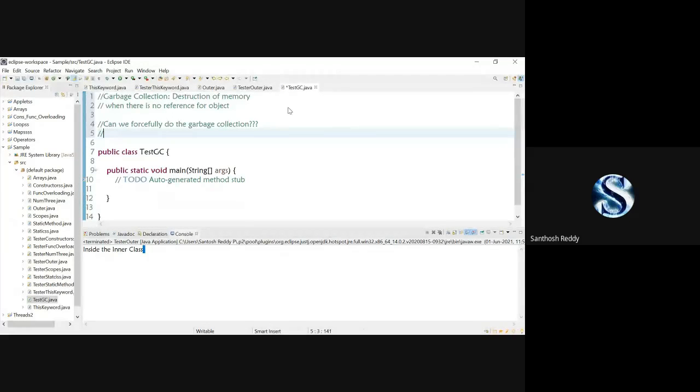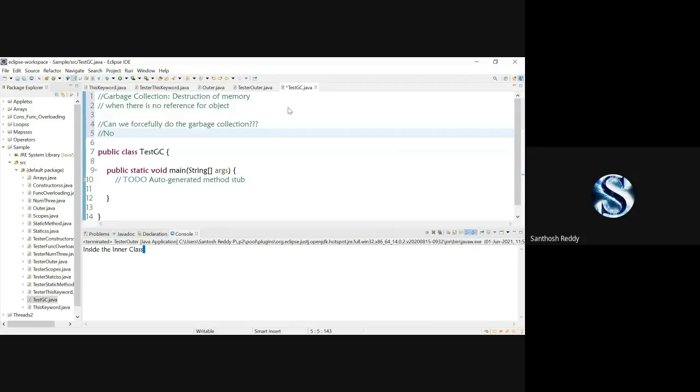Can we destruct the memory forcefully? Yes or no? I need answers whether we can or not. Students, I'm posing a question for you. I need an answer. Can we forcefully destruct the memory using garbage collection?